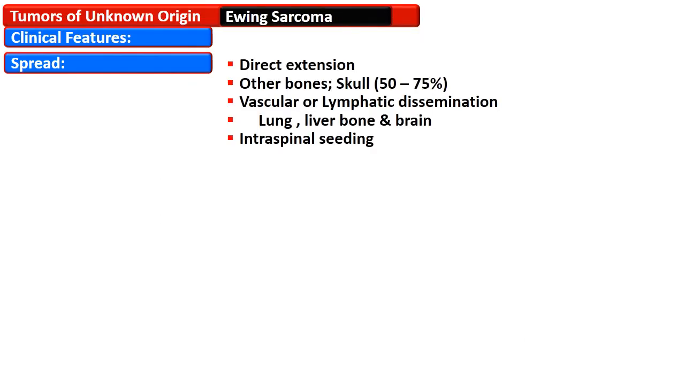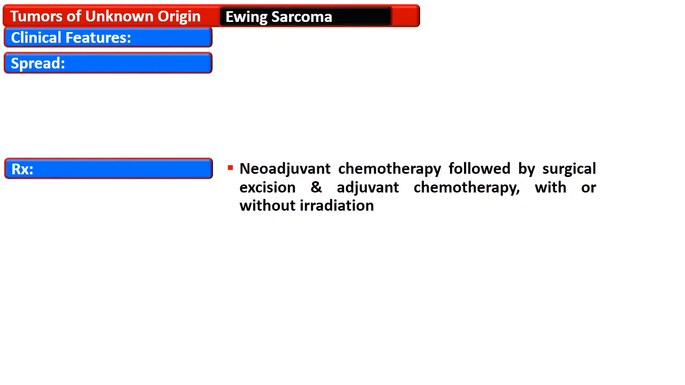Ewing sarcoma spreads through direct extension or goes to other bones also. It goes to the skull in about 50 to 75% of cases. There are cases of vascular and lymphatic dissemination also, and it goes to liver, lung, bone and brain. Intraspinal seeding also occurs. The treatment of Ewing sarcoma is neoadjuvant chemotherapy followed by surgical excision and adjuvant chemotherapy